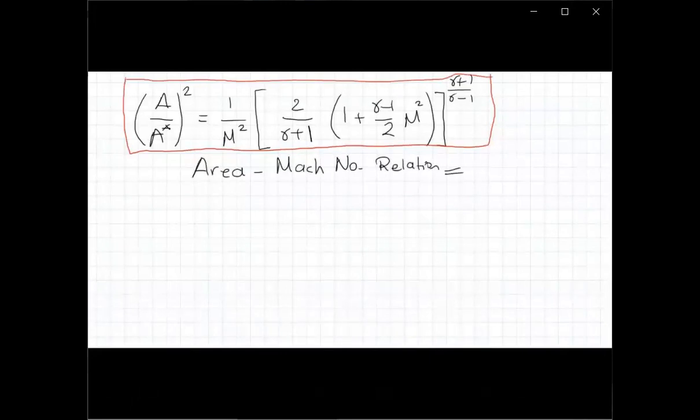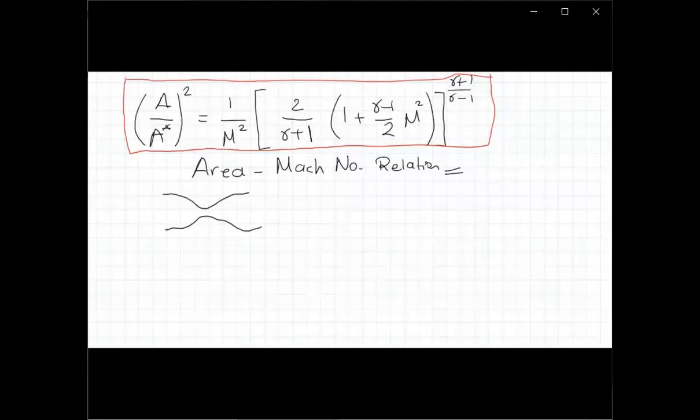Okay. Now this relation is interesting, and it is, let's say, the first step that we can use when we are designing, when we want to design a converging diverging nozzle for any application that we need it for. For example, this relation first of all tells you that when we are talking about this converging diverging nozzle shape,